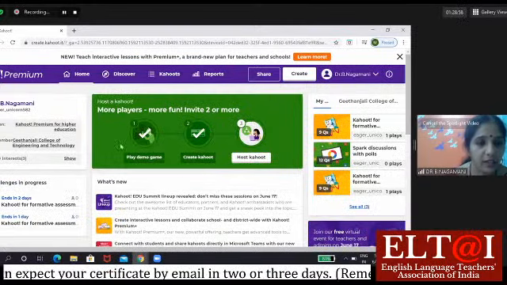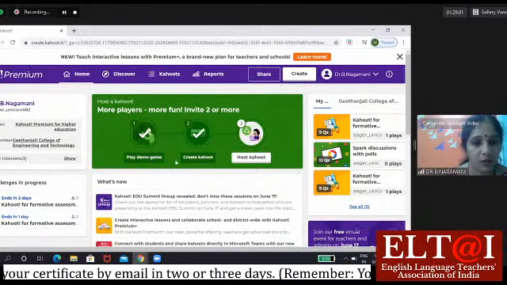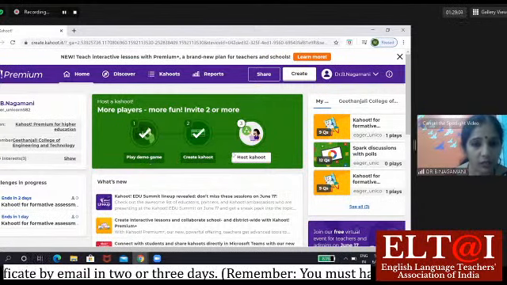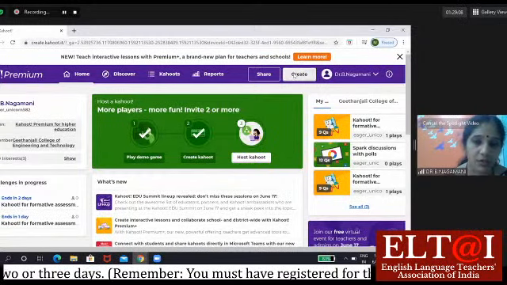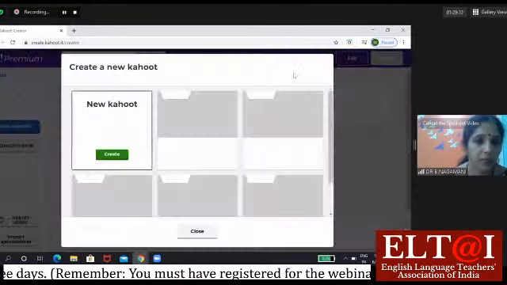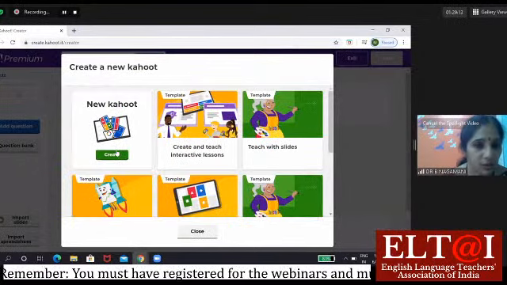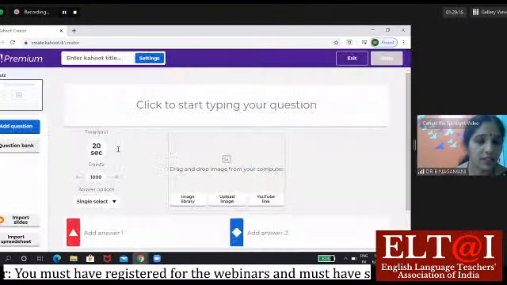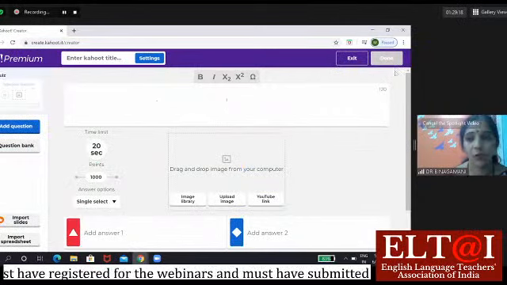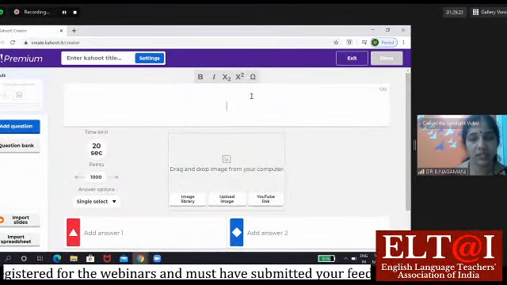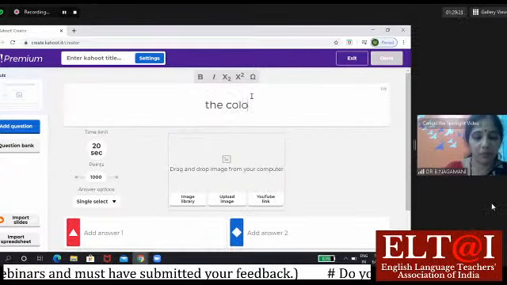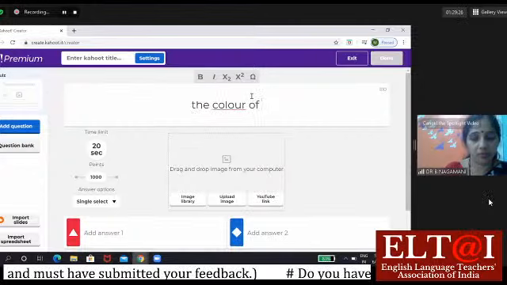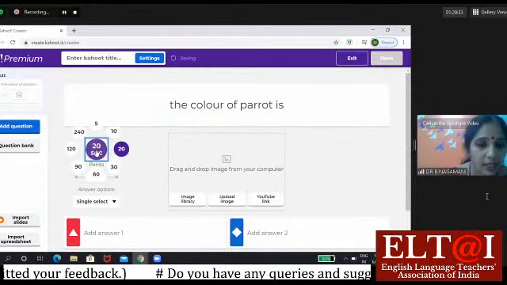Look at the screen here. You find several options available on the Kahoot. You have create a Kahoot and host a Kahoot. I would be talking about create a Kahoot and host a Kahoot too very quickly. Now, when you say create a Kahoot, click on that. You can start typing your question here and you find the number of words limit here. For example, I type the question, the color of parrot is, and then I select the time,